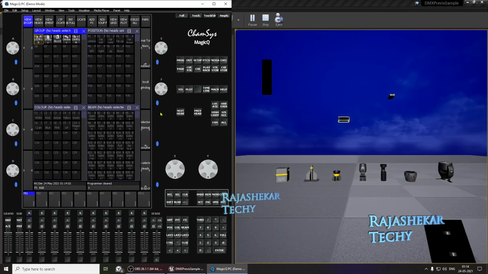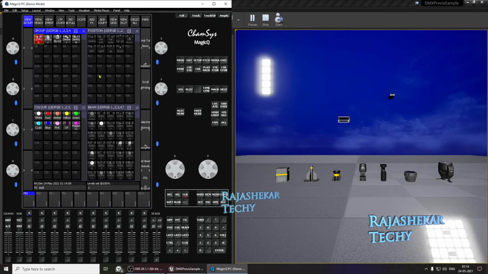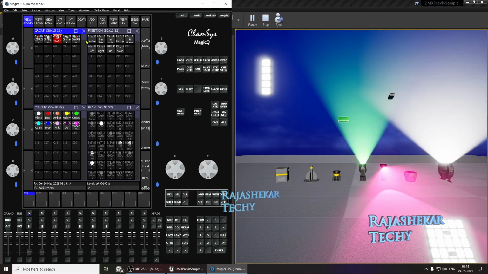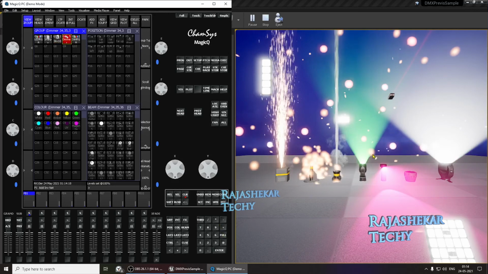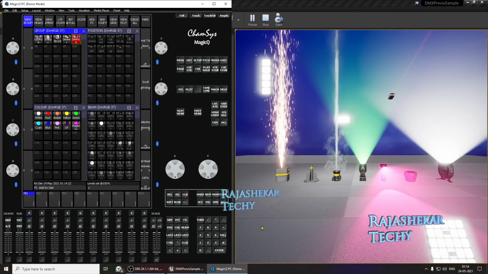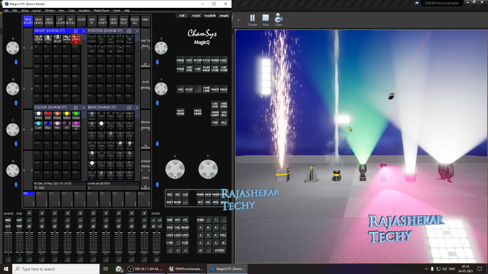Let's try to turn all lights on together. So we'll begin by going to layout, select the strip, full, LED lights are on. Let's turn on the Sharpie, and let's turn on the wash light, and let's turn on all the dimmers, which is pyro, fire, water and every other element, and let's turn on the static light. Fine.